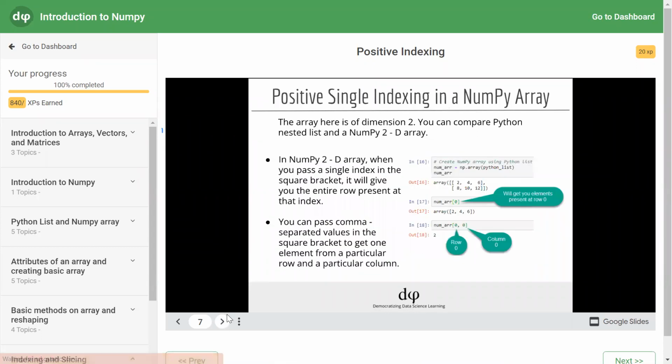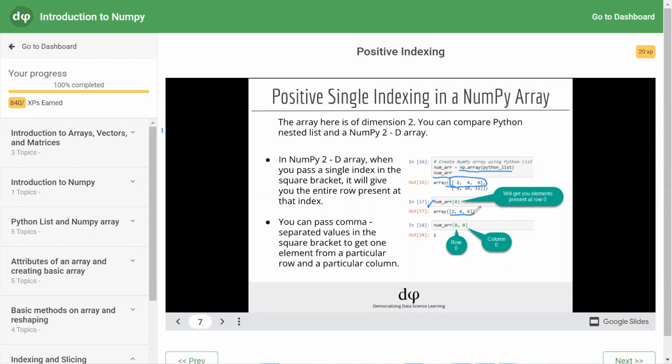For a NumPy array, you can use a different syntax. So we move to the example. Here we have a NumPy array, which was created from the previous Python list. This NumPy array is a two-dimensional NumPy array containing 2 rows and 3 columns. If you want to access the first sublist from the main array, which is at index 0, you give the name of the array and in square brackets 0.